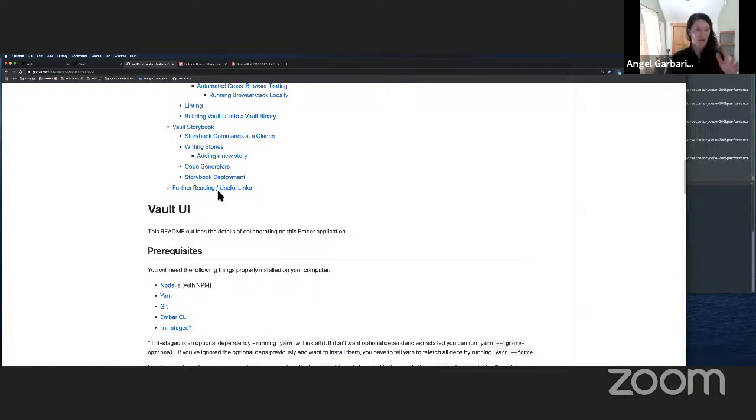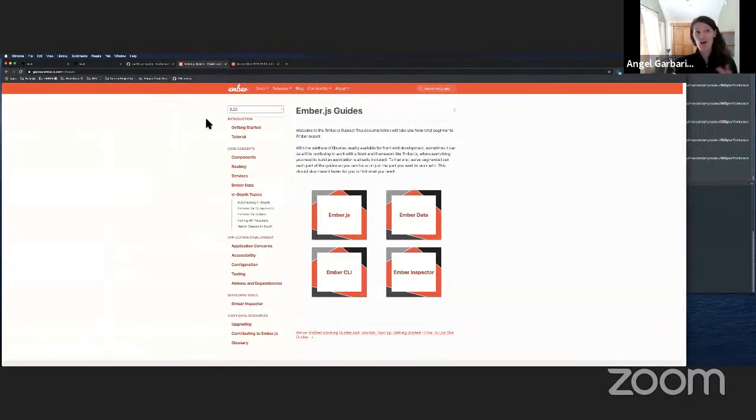Okay, so this is how you would set up the development environment if you wanted to poke around in the UI. I also want to point out the Ember guides, if you are at all curious about Ember. This is your first stop of where you would go. But it's important to note that the guides are organized by version. So you can see here, these are the versions that you would select, and then the information would change based off that. And not all the product UIs at HashiCorp are on the same version of Ember,